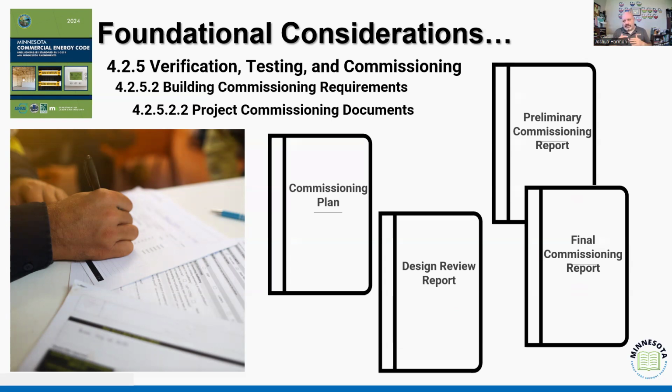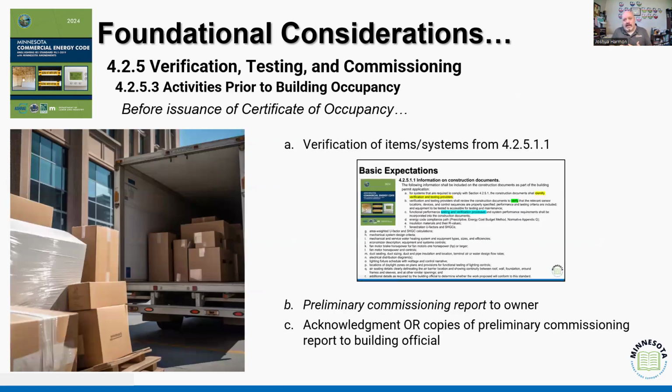Now, remember that preliminary is going to be that first run through of how are these systems working? And that may identify certain recommendations, right? That say, well, this piece of equipment isn't working as efficiently as we would like it to. Or we might want to move this distribution system over a little to give a better throw of the conditioned air, or whatever it might be. A lot of times what we as the building official are going to be getting prior to that building's occupancy is the preliminary commissioning report, right?